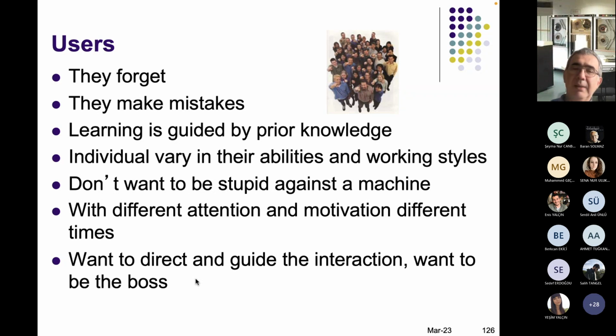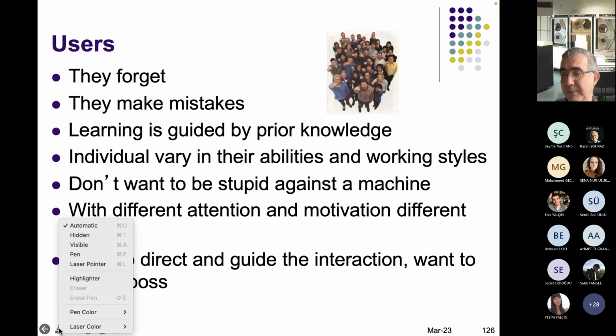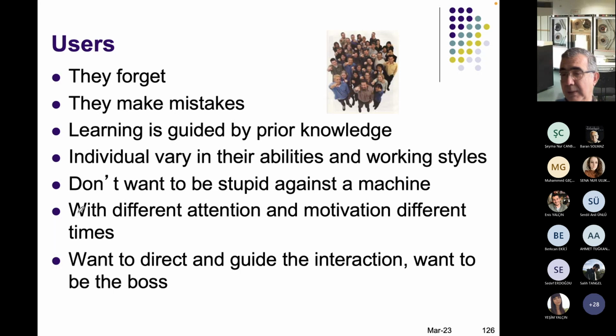And their abilities are different. And this is interesting. Let me emphasize it. They don't want to be stupid against the machine. So if something doesn't go well, they blame the machine. And blaming the machine is actually a good thing